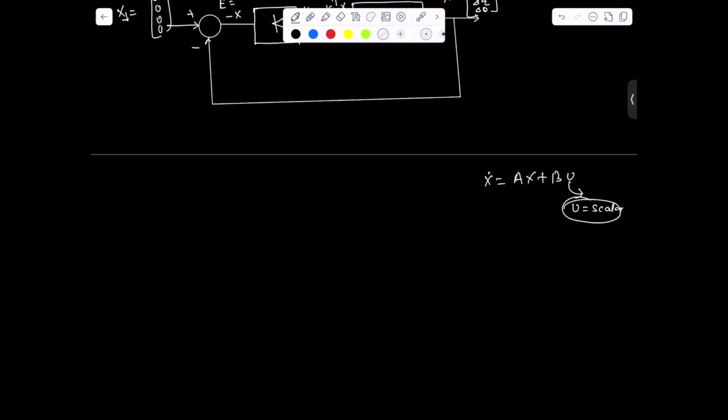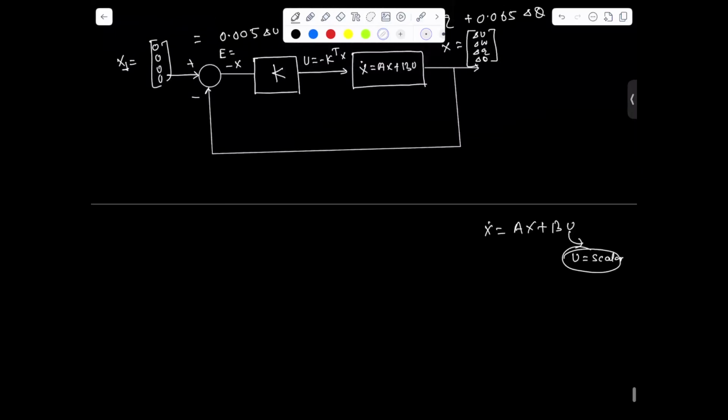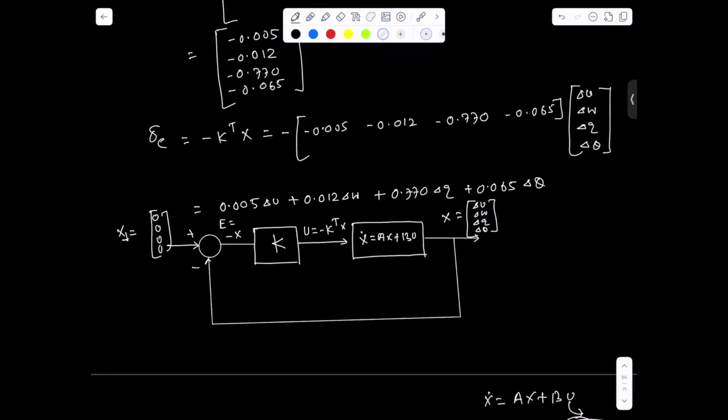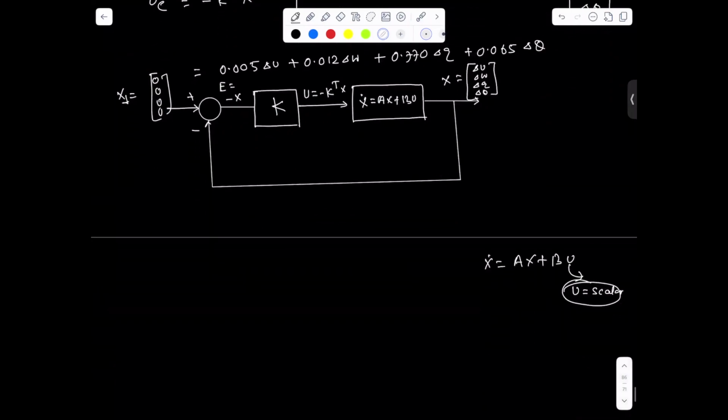In the next lecture we will be taking the lateral stability augmentation, where we will be using two controls. As of now, in the last two lectures we have discussed how we can design the longitudinal stability augmentation. In the next lecture, we'll be discussing the lateral stability augmentation, where we'll be taking a more critical system where two control inputs will be there. And having two control inputs, there is some different terminology you have to use to design the control.